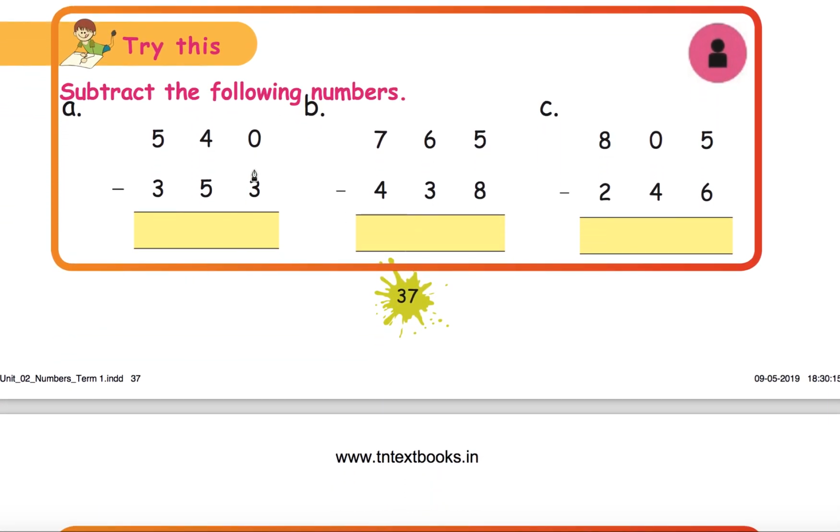Subtract the following numbers. Now we have to follow the same method because this one is bigger than this one. So 10 minus 3, 7. Place 7 here. Since you took 10, you have to cross it. At least in the initial days you follow this method. After that crossing may not be needed because you get acquainted with it, right? Now 3 is also smaller than 5. Now you have to take 1 from here.